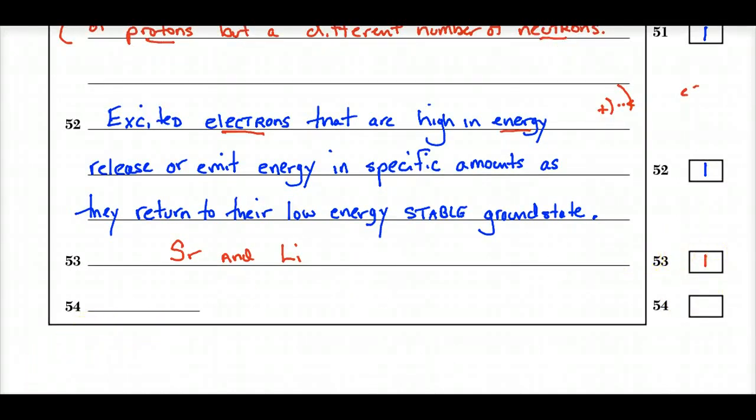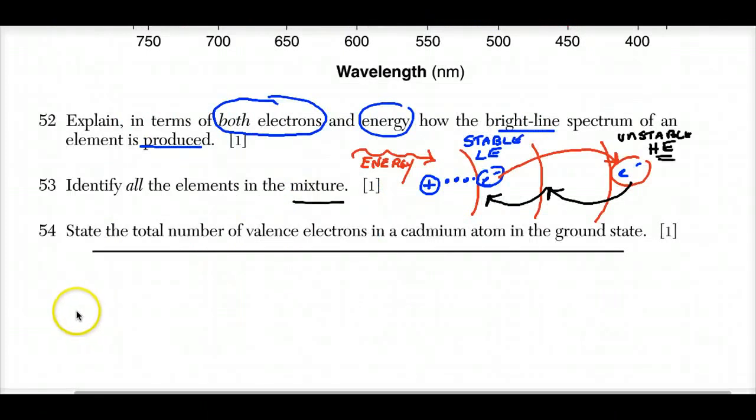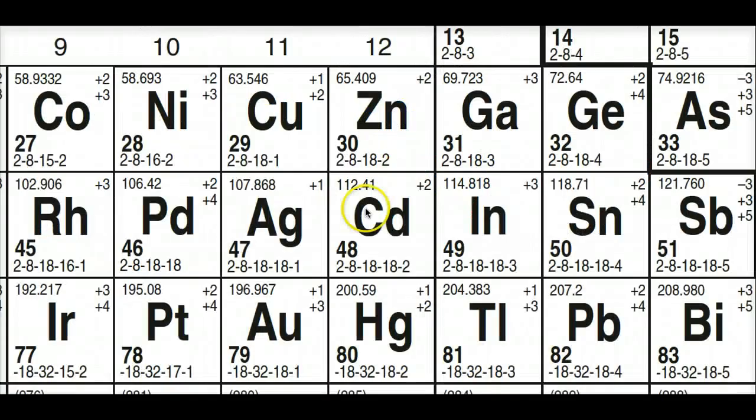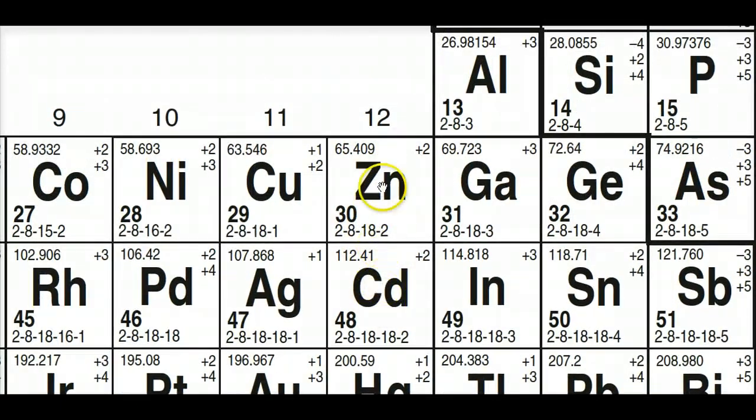Number 54. In number 54, it's a typical question where we have all this information and they give you some concept question based on what you were looking at. So this is: state the total number of valence electrons in a cadmium atom in the ground state. So let's go find cadmium in the reference table, and that will give us a clue about its electron configuration. Let's go there. So here I am with the periodic table, and I see that cadmium is under zinc,